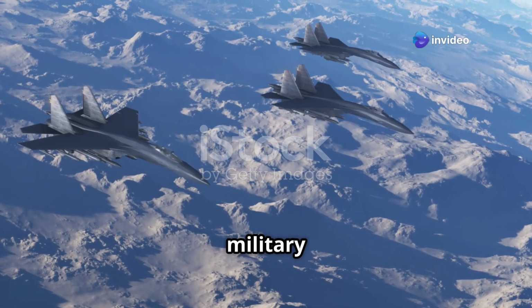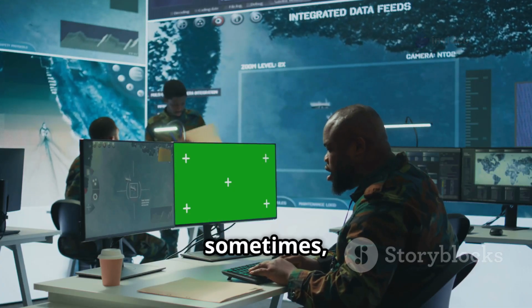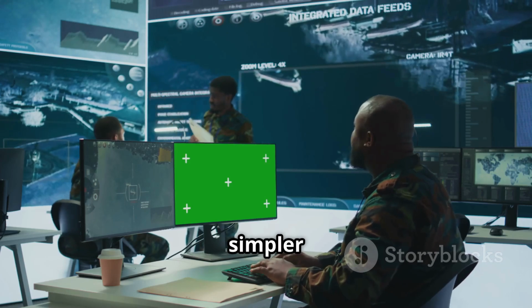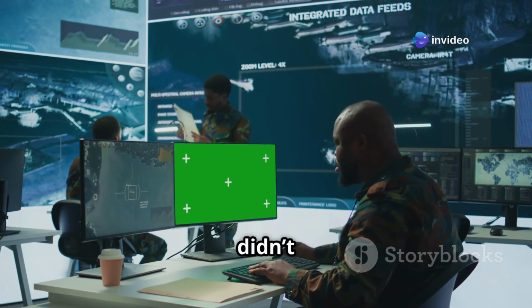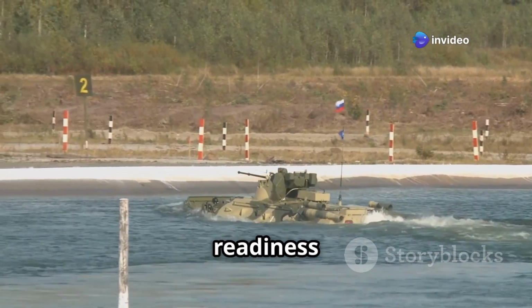When we talk about military upgrades, we often think of fighter jets, tanks, or missile systems. But sometimes, what truly transforms a military's capabilities is much simpler and smarter. Recently, Italy made a strategic defense move that didn't make international headlines but quietly improved its mobility and readiness across